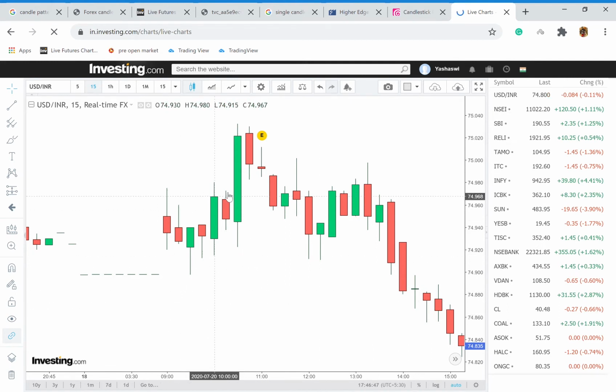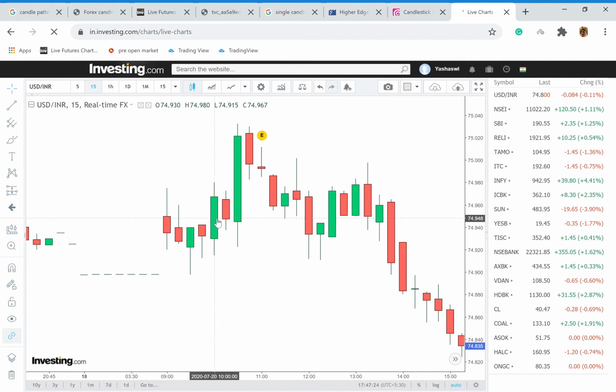Let's take this candle. Below you can see the time frame. It is showing 20th July, 10 a.m. candle, and this is the USD INR prices represented here. Keep observing here, it says OHLC: open, high, low, and close. As I move over the candle, it will change. Observe this candle and read the price.